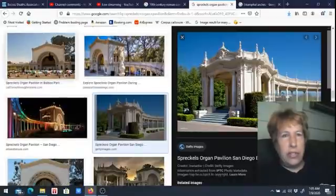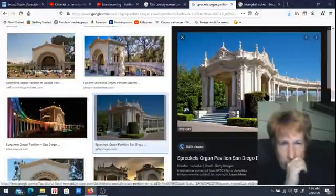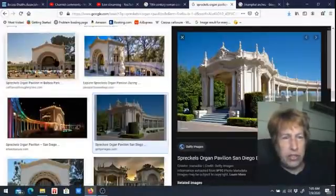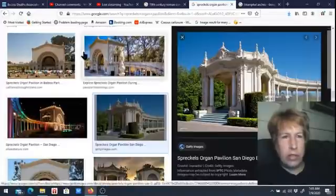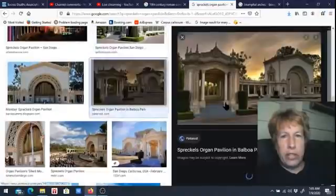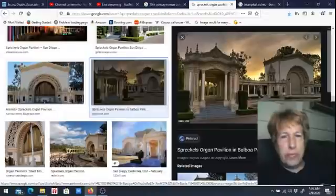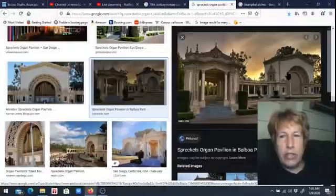I mean, they're a whole different style. They're supposed to have been built all at once to be matching, but this doesn't look like this. And the other end has one like this also. I guess it's possible that the architect was just a whack job, but they barely match to me. I don't get it. Like this piece here kind of matches here, but the whole front doesn't. And this is really simple, and this is super fancy,